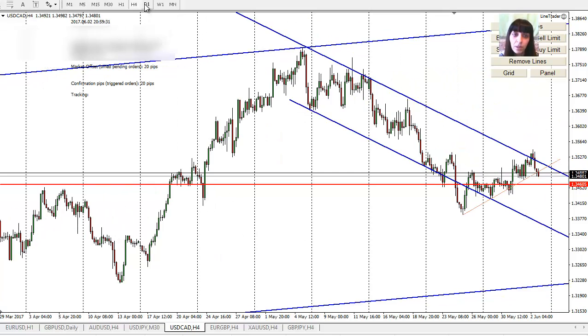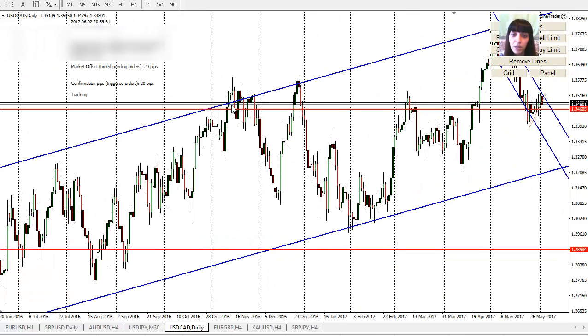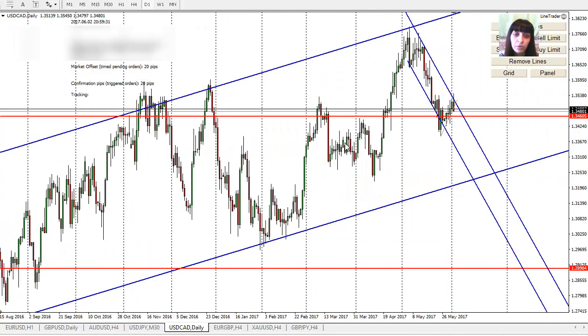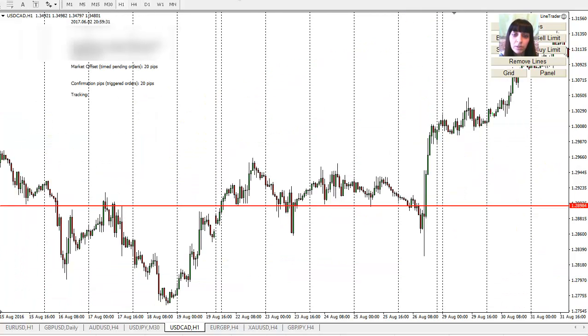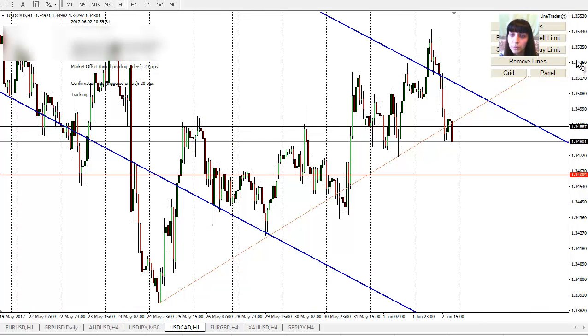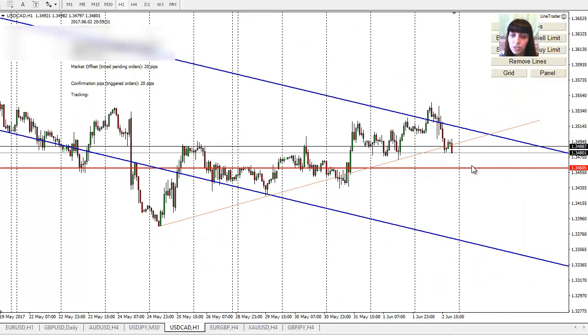The Canadian dollar has been around this level for a long time. You can see, and even longer if we go on a bigger chart. So that's why, to be a little bit more sure, I would rather see it get to that level and then consolidate around this level, and try to place the orders, try to sell from that level. So that's what I would say.